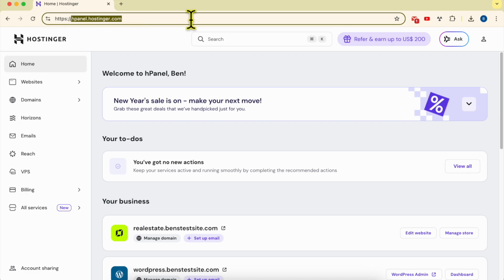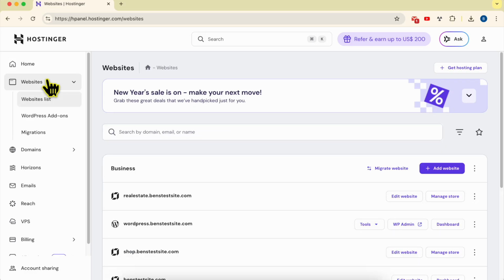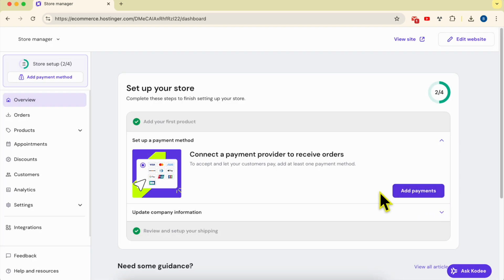First, go to hpanel.hostinger.com, log into your Hostinger account and go to websites. Now, next to the website or the online store where you want to check your appointments, click on Manage Store. Now, to check your current and past appointments, go to the Appointments page